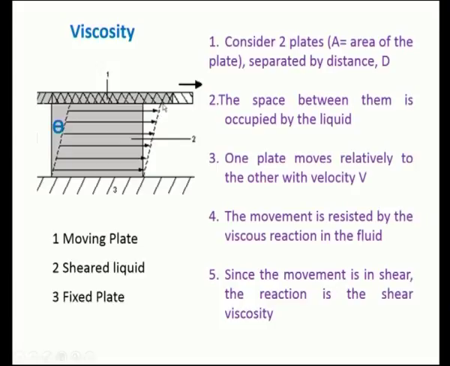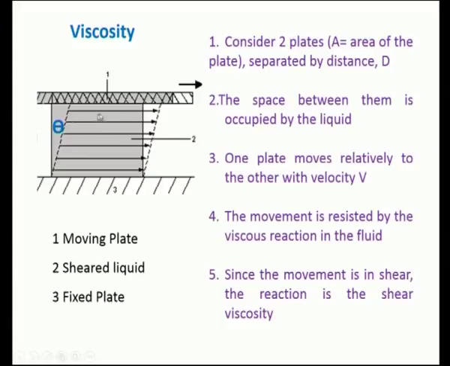Consider two plates. One is given a velocity in the positive x direction, so it can move. The top plate, marked as 1, can move because of the applied velocity, and the bottom plate, marked as 3, is stationary. Now, let us consider a viscous liquid that is simply kept in between these two plates. If the top plate is pulled in the right side direction as indicated by the arrow mark, you could see the displacement of the liquid, where the shaded region is its original position.